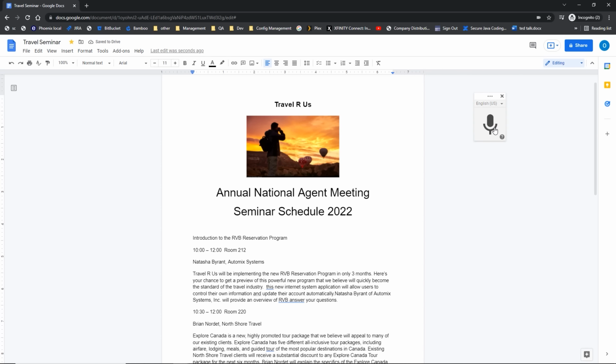You click on it to turn it off. Now, I can turn it back on at any time, but notice the portion that I wanted has been added to the document. You can also do things like